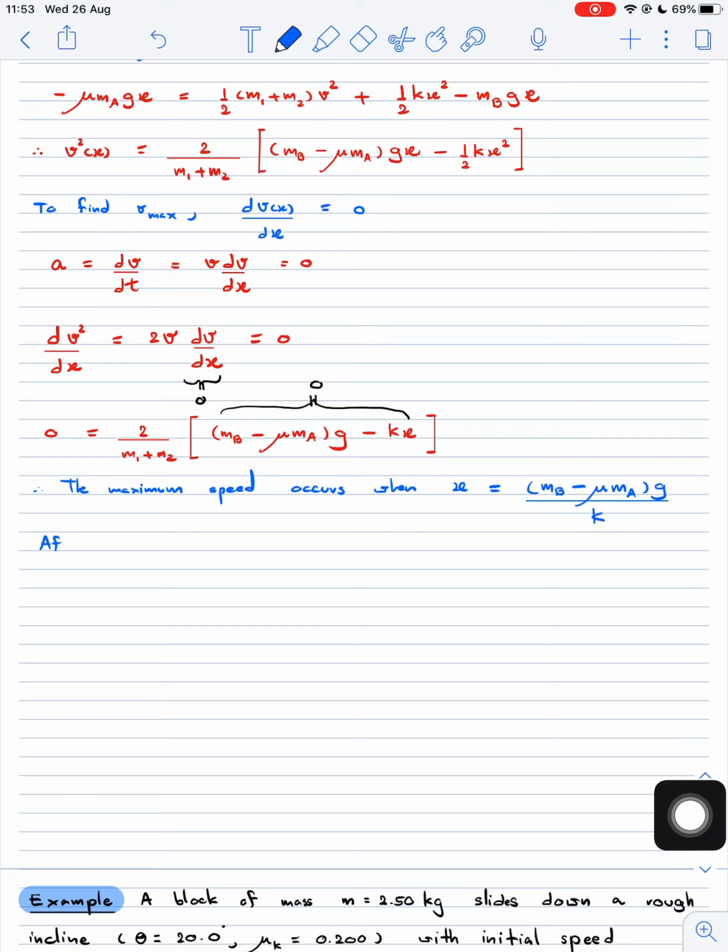So after putting the x above into the v square equation and doing some algebra, one gets